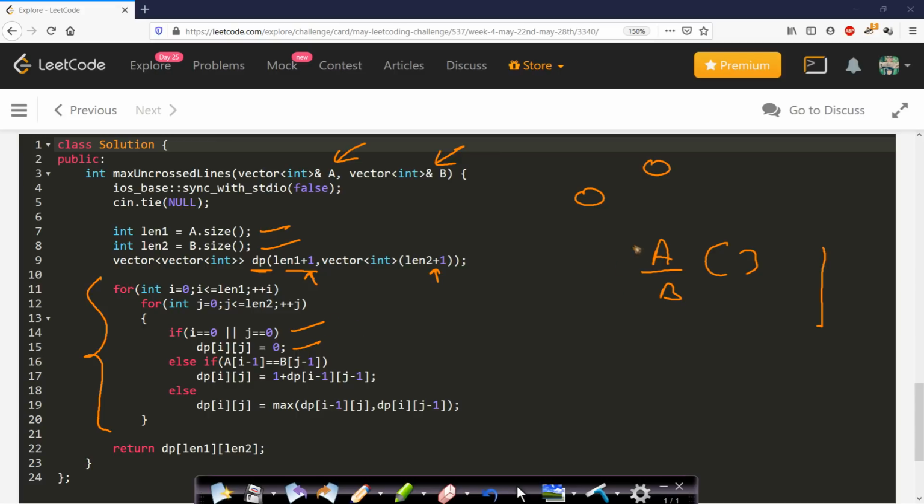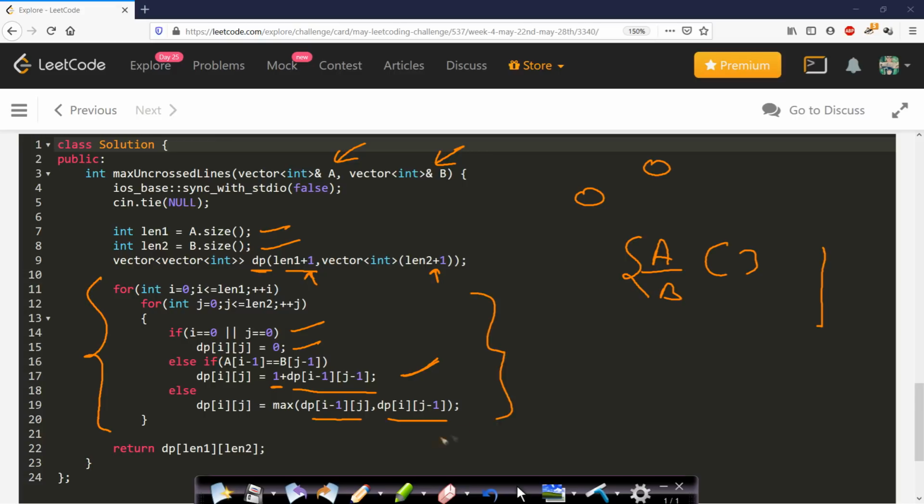Otherwise, if you have at least one element in each list, and the last elements are equal, then we add 1 to the previous subproblem. I have already explained this in the optimal substructure part. If the last elements are not equal, then we simply take the maximum of 2 configurations, which I have also explained in optimal substructure.